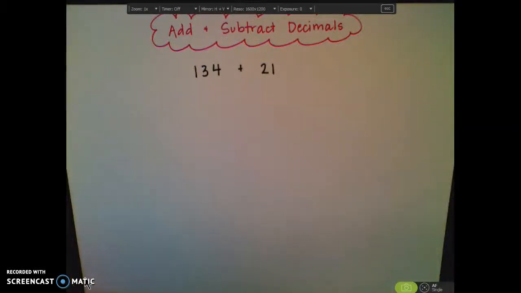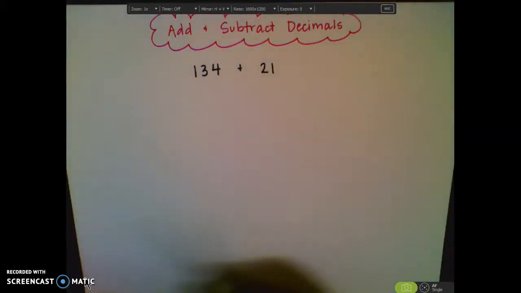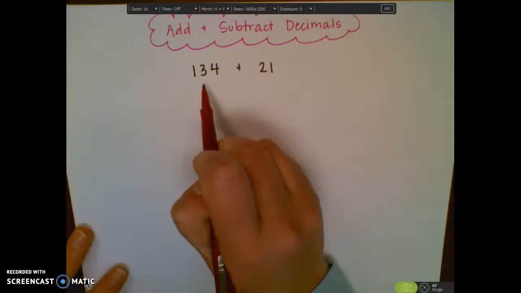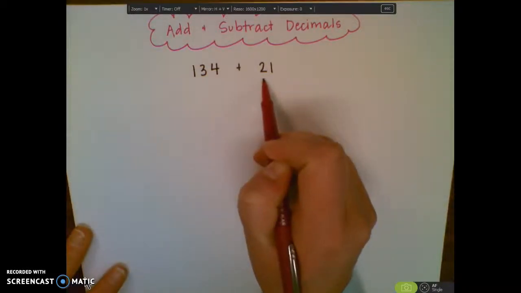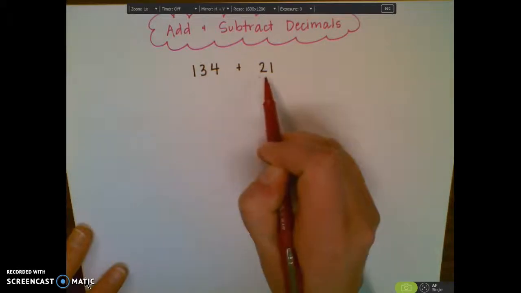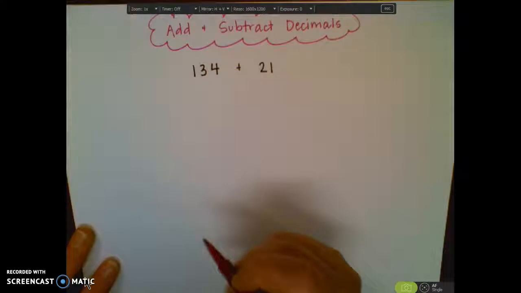Alright, hi guys. So today our focus is on how we add and subtract decimals. And so what I want to do for a second is connect it with something that you already know, and that's just adding regular numbers without decimals. When I want to add these two numbers together, here I have 134 plus 21. Well, I have a 3-digit number with hundreds, tens, and ones, and then I have a 2-digit number with tens and ones. And so whenever I want to add them,